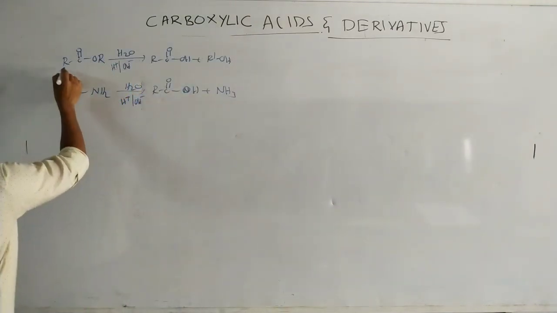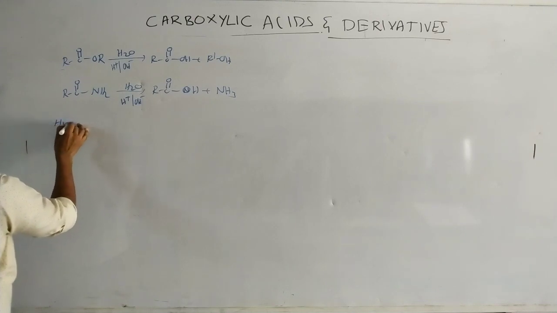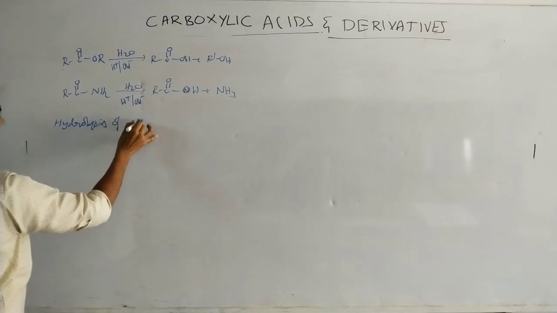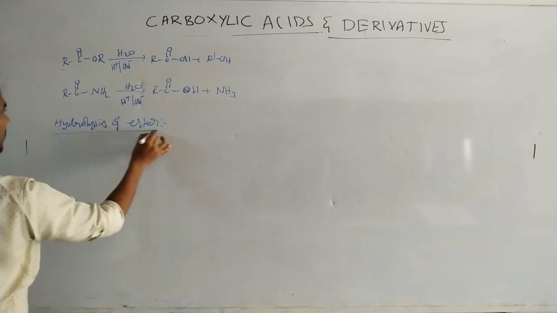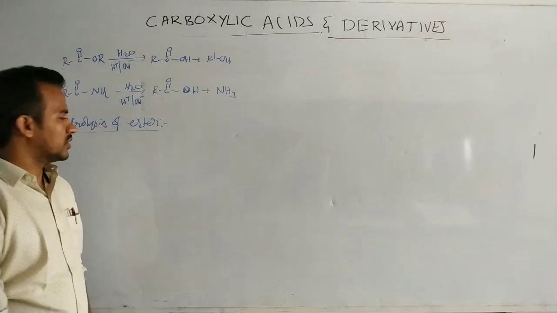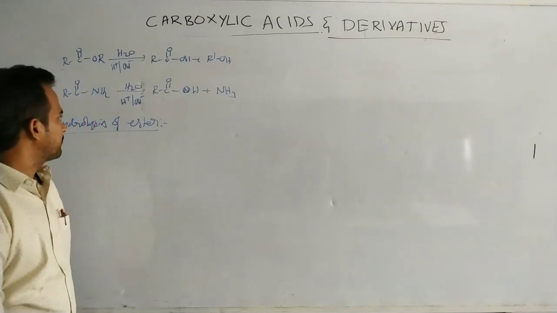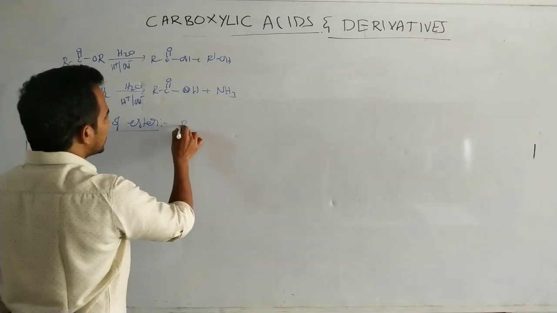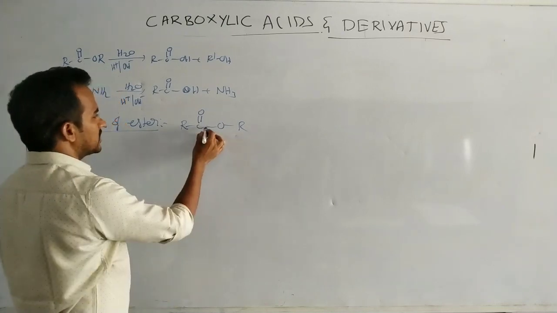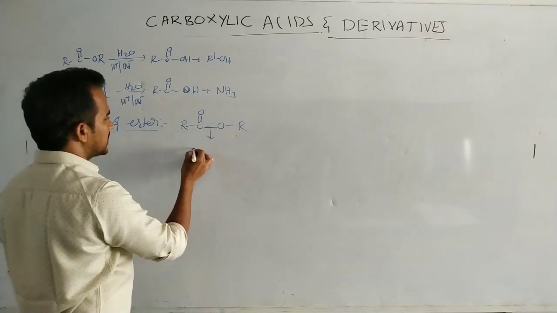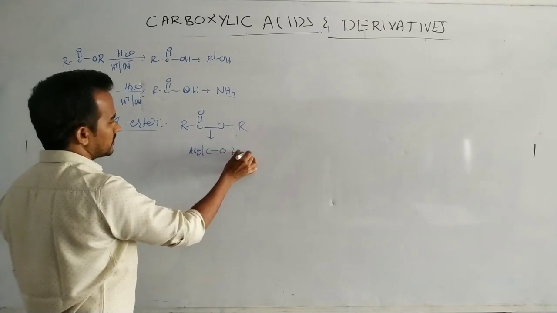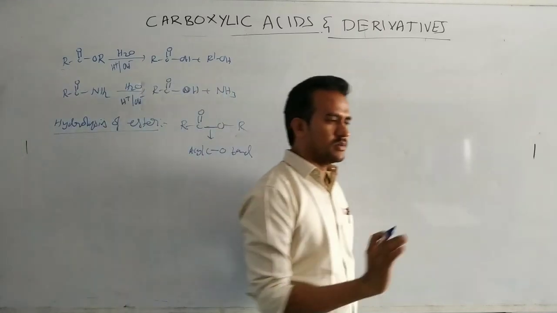we will discuss hydrolysis of esters. Okay. Hydrolysis of ester. Here you need to discuss more about the ester hydrolysis. Now in ester hydrolysis, that means in an ester compound, this bond is the acyl carbon oxygen bond.